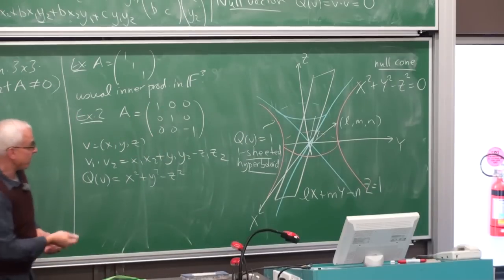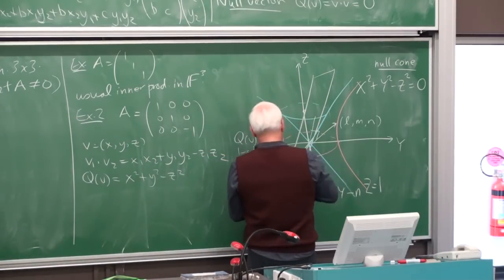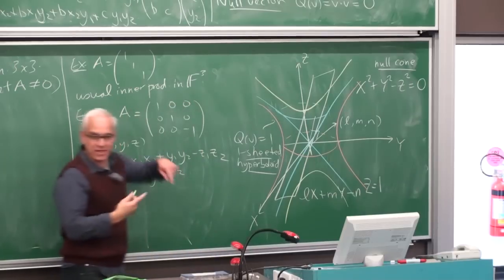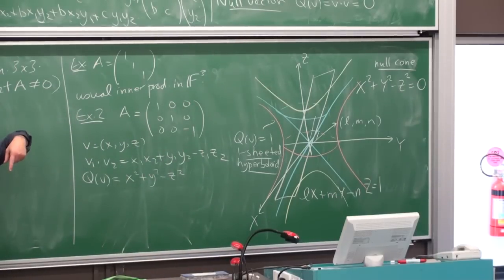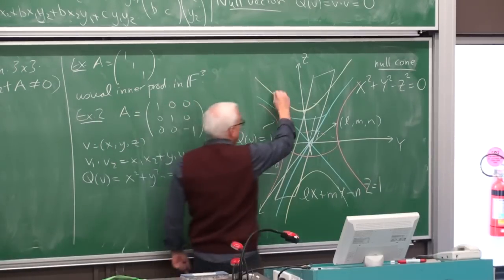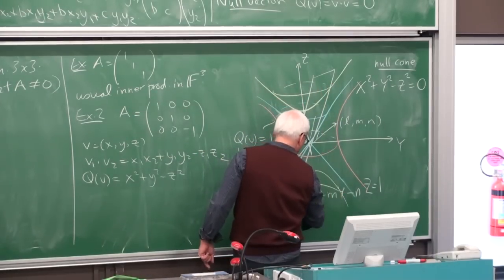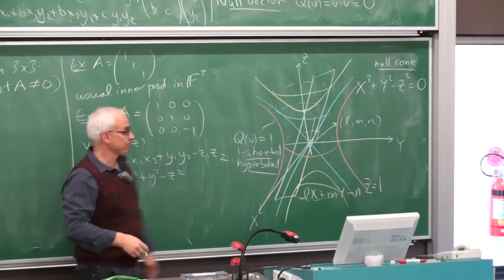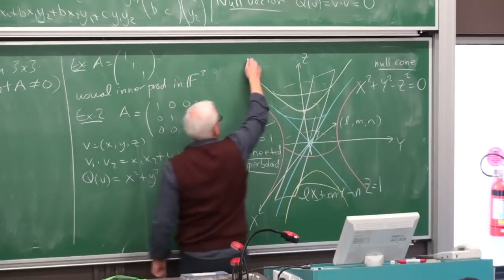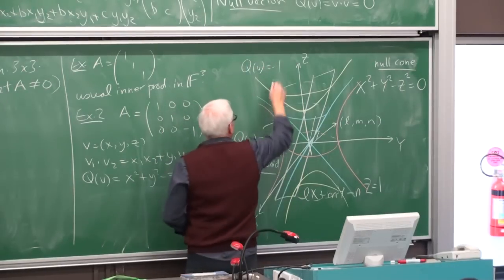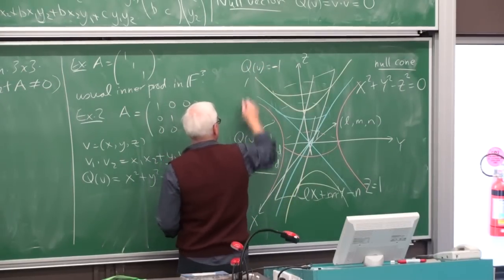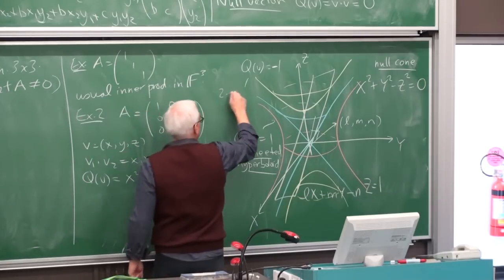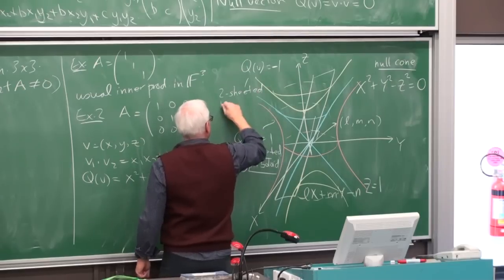And the other case, when we go up here, if we take this hyperbola in the plane and rotate it also around the same z-axis, we get a different kind of hyperboloid. We get one that consists of two separate kind of hyperbolic cups. And that's then quadrants of V equals minus 1. And that's usually called a hyperboloid of two sheets, because there's actually two separate parts to it. Two-sheeted hyperboloid.